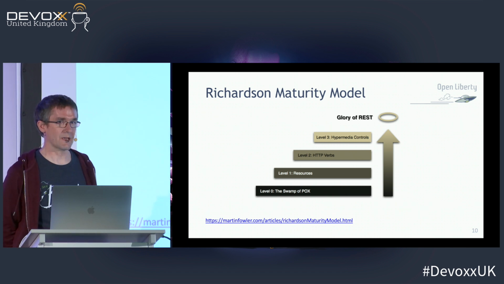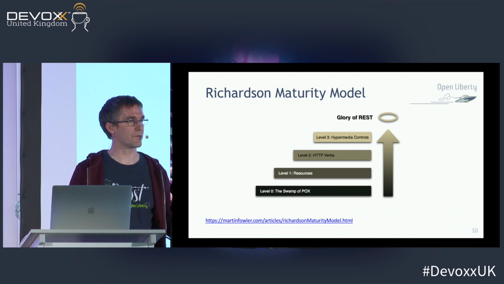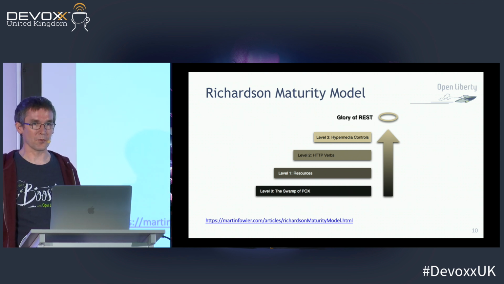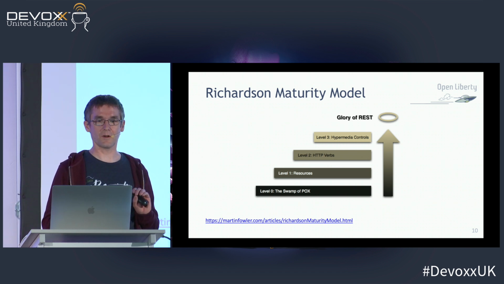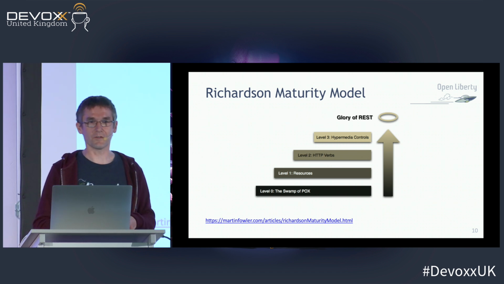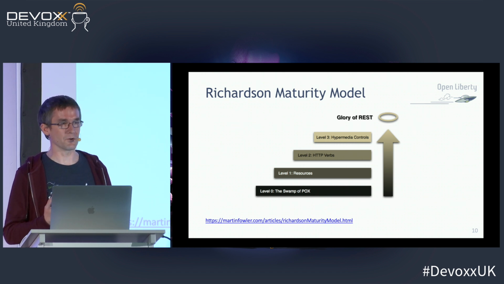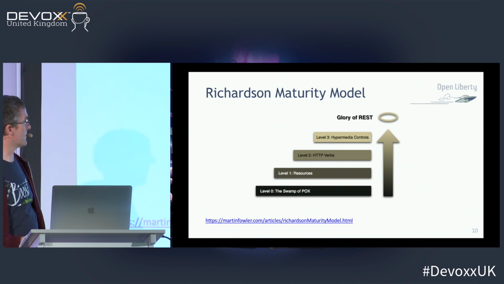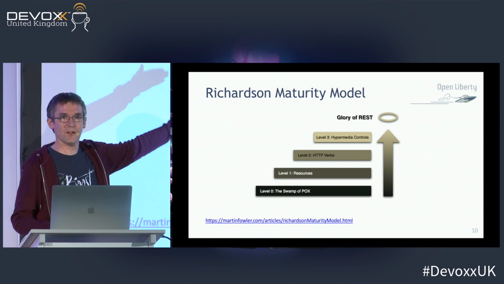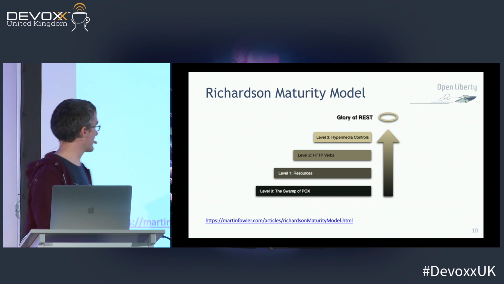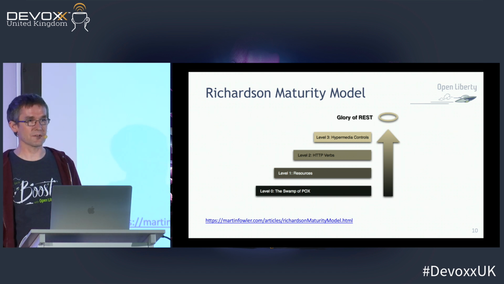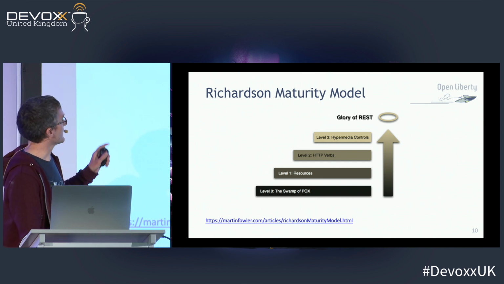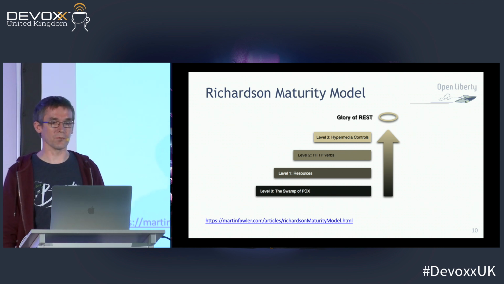If you're familiar with capability maturity models, there are maturity models for various other types of things, and they always start with a level 0, and essentially level 0 is where you've done nothing. So you're completely incapable. You've not done anything towards designing good REST services. And then they defined 3 layers above where you make this progression through your learning and expertise of doing REST services. The next one up is resources, so thinking about resources. Next one up is about using HTTP verbs appropriately. And then the last one is about putting in hypermedia controls.